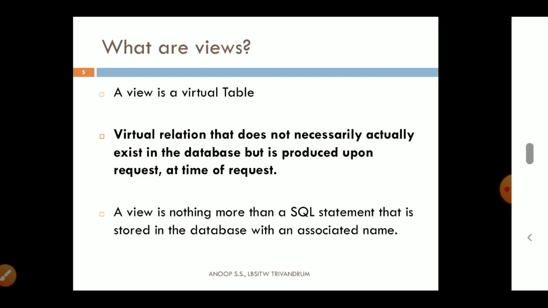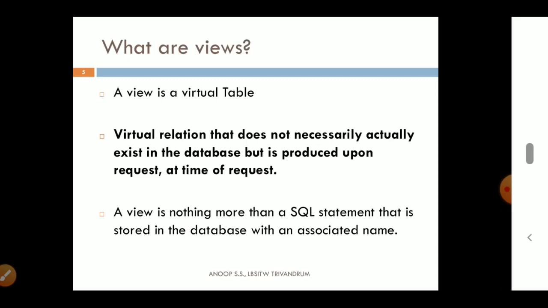Sometimes the table visible to the user may be a part of that. Then it is a virtual table, because what they view is not the actual table. Maybe even the name of the table may be different. The name of the table will be the view name that we give at the time of creation.